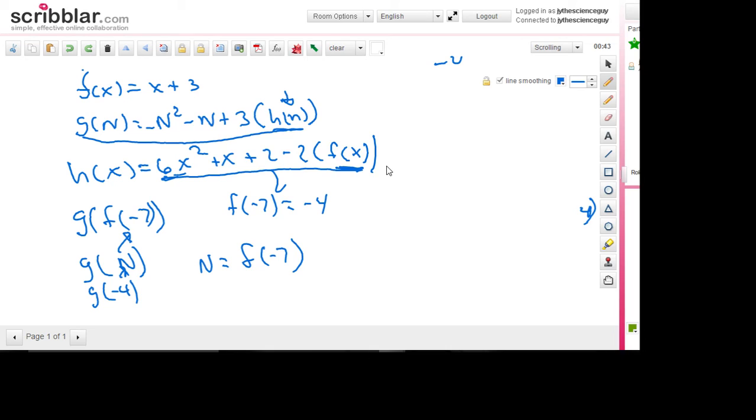Do you see how I got to that part? So I'm going to put negative 4 in here. What's f of negative 4? Negative 1. And now this is like a domino effect. Because I have this negative 1, I can now erase this and put negative 1 there and then solve. So tell me what